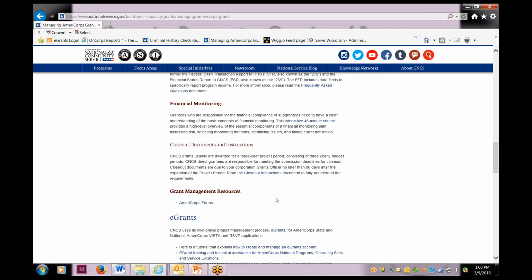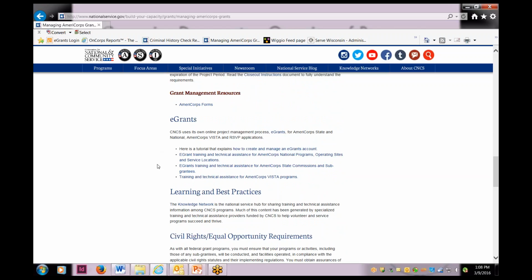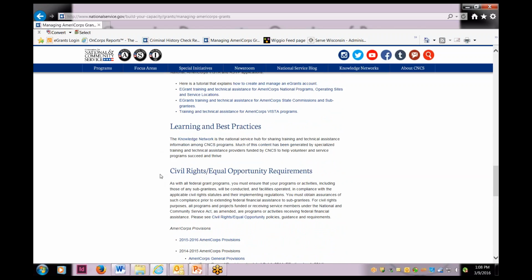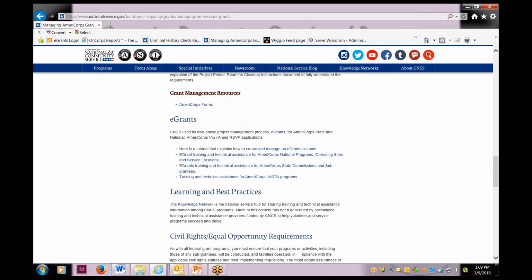Some of this is for our level at the commission, but there's also resources for you. There is the helpful e-grants documents here. You would be looking at the second one, the e-grants training and technical assistance for AmeriCorps state commissions and subgrantees. Links to the Knowledge Network, all on this page. Information on the civil rights and equal opportunity requirements, and then links to the provisions.